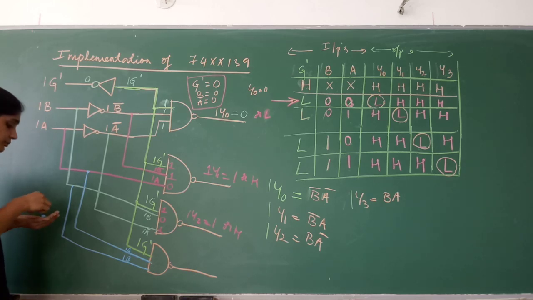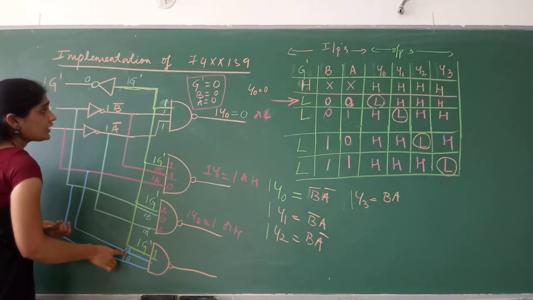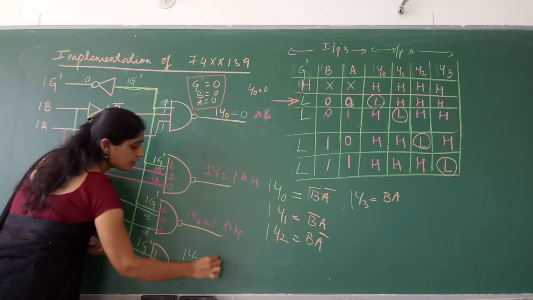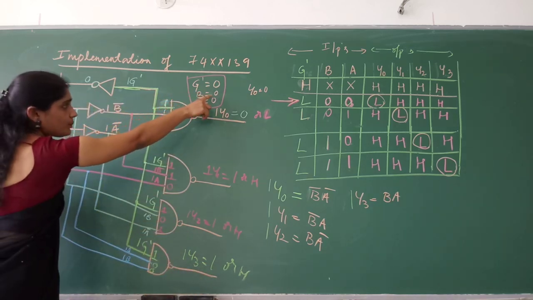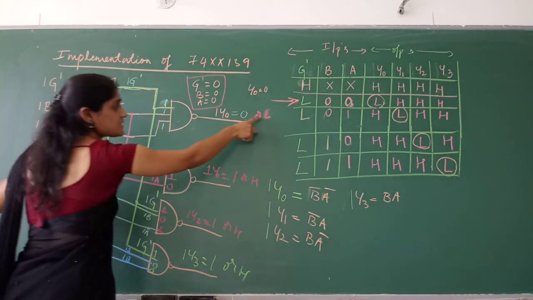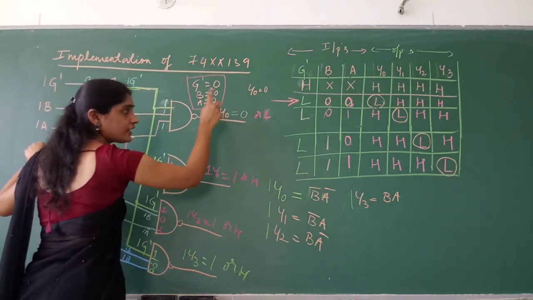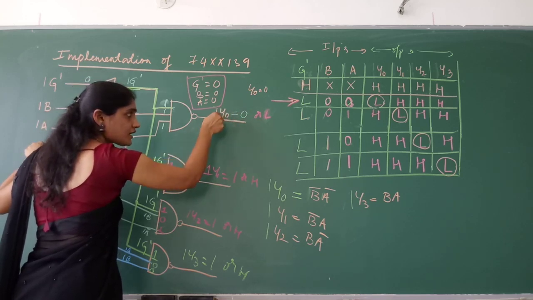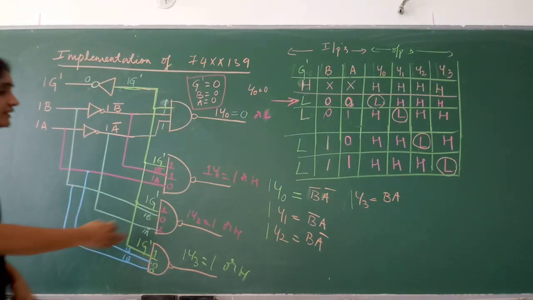Check by giving these inputs. So if G dash is 0, here you will have 1. And A is 0, B is 0. So output is what? 1 by 3 is equal to 1 or high. So when you give G dash 0, B 0, A 0, only Y0 is active. That means you are getting low signal at only Y0, because they are active low, right? So if you are getting low, that means this particular line is active. The remaining outputs are not active, or they are at high.